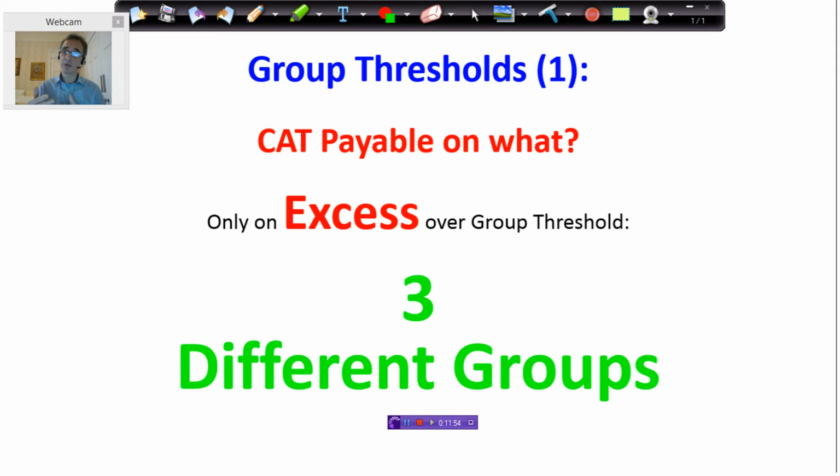So depending upon the relationship between the two people, we've got to say, perhaps by looking at our tables, or perhaps we remember the numbers, okay, the relationship is father-son, and that's group 1. Therefore, the value of the threshold is 225K. So really the excess, if there is one, over and above that level is what's going to be taxable for CAT purposes. That may lose a little bit in translation, but as I say throughout all of these screencasts, practice makes perfect. So let's have a quick look at